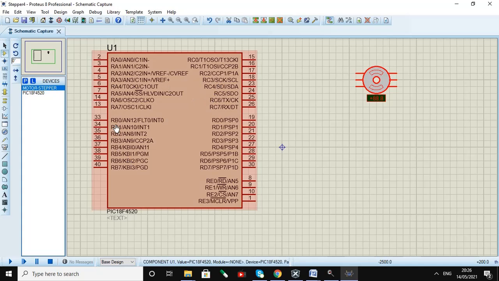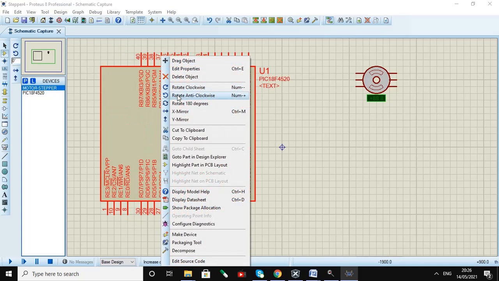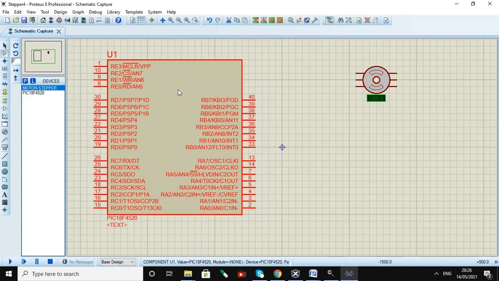Port B is here, so we will rotate it in a particular direction so the port pins will be available to us. Now port B is available here: RB0, RB1, RB2, RB3.